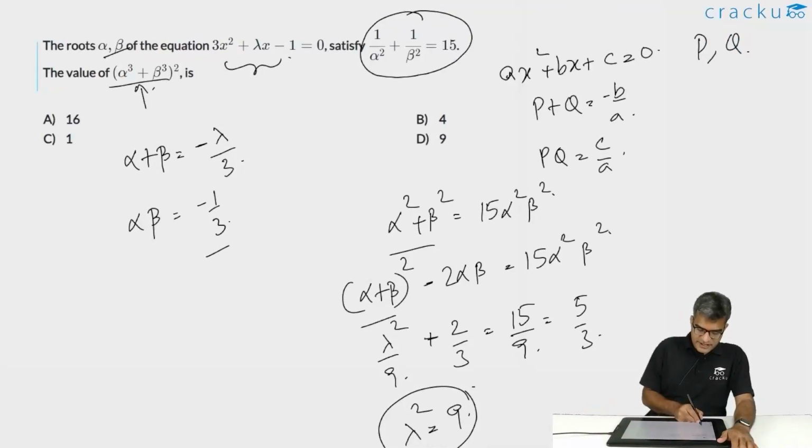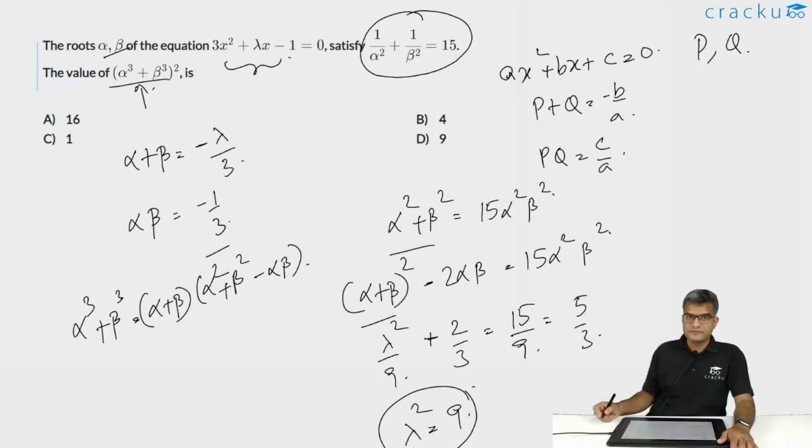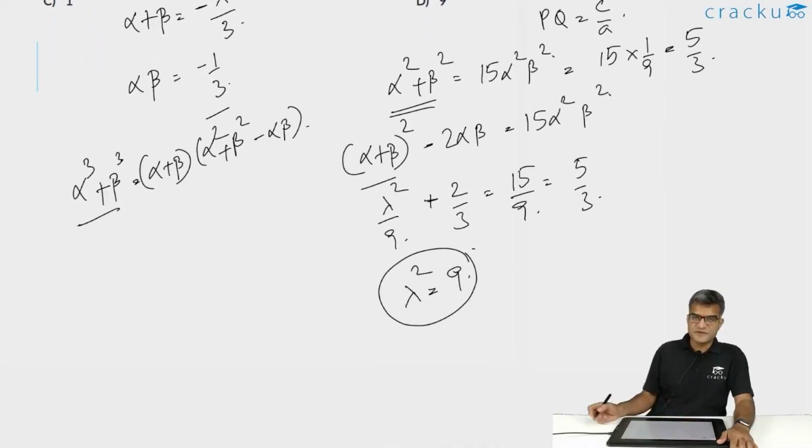We know that alpha cube plus beta cube is equal to alpha plus beta into alpha square plus beta square minus alpha beta. Now alpha square plus beta square can be already calculated. Alpha square plus beta square is 15 into alpha square beta square, which, like we calculated, is 15 into 1 by 9. This is 5 by 3. So here we can simplify this as alpha cube plus beta cube is alpha plus beta, which is minus lambda by 3, into alpha square plus beta square, which is 5 by 3,